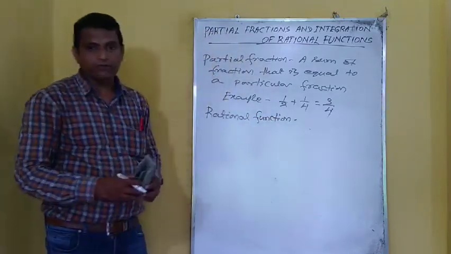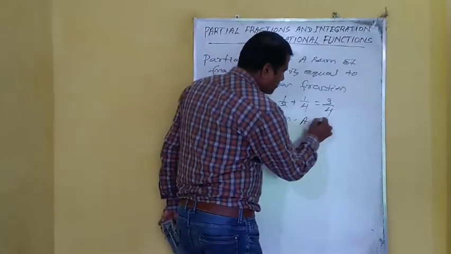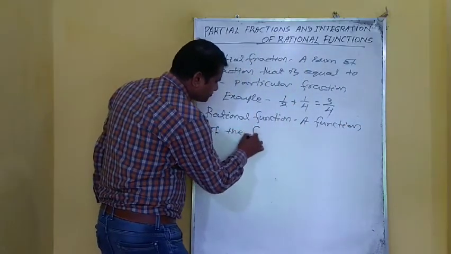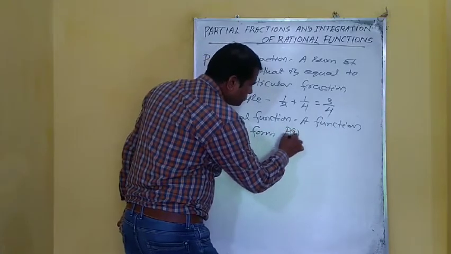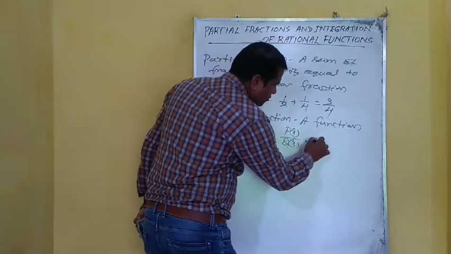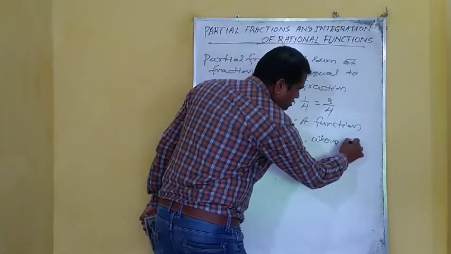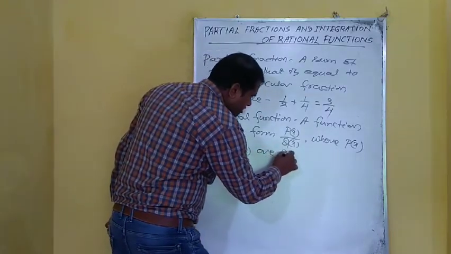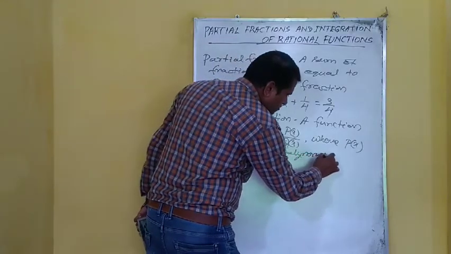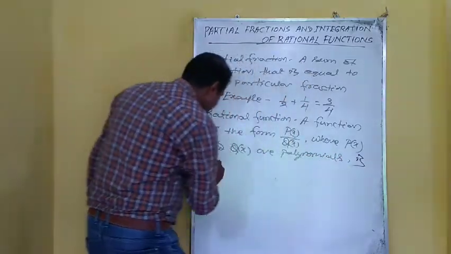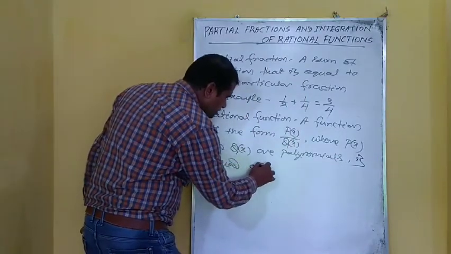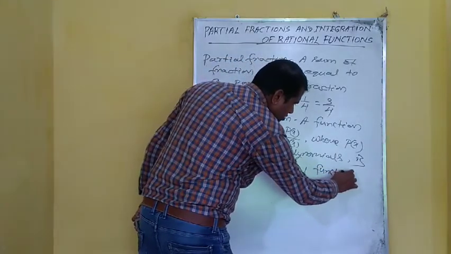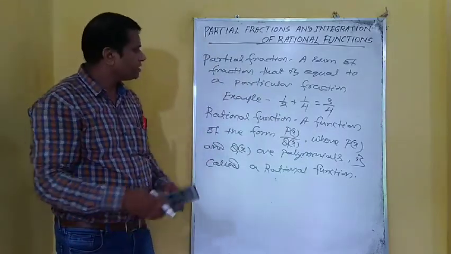A function of the form p of x by q of x, where p of x and q of x are polynomials, is called a rational function. Okay. For example,